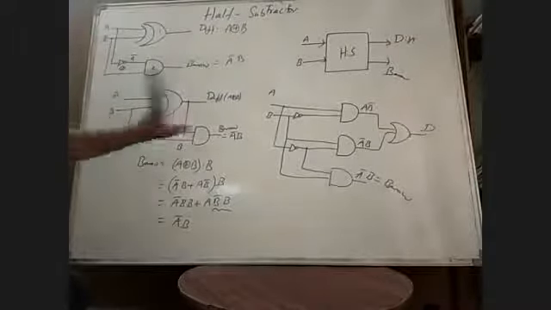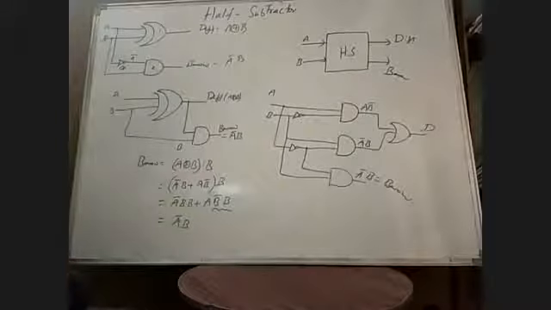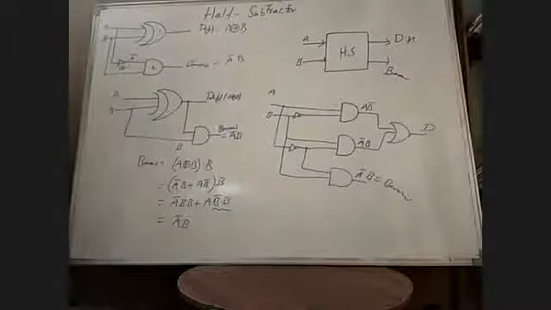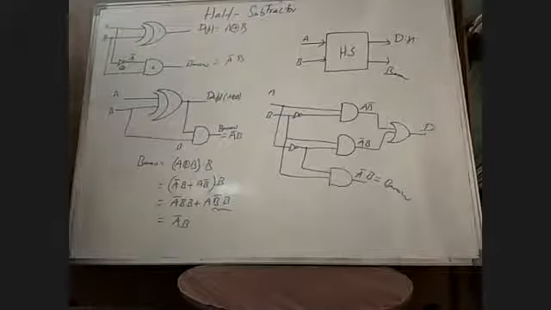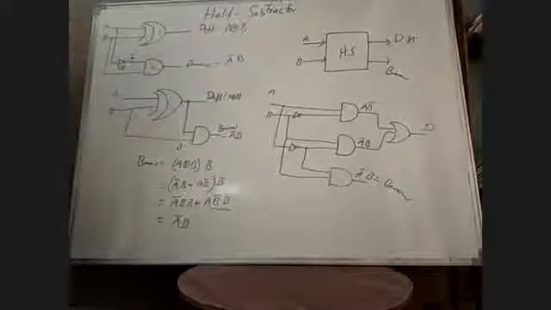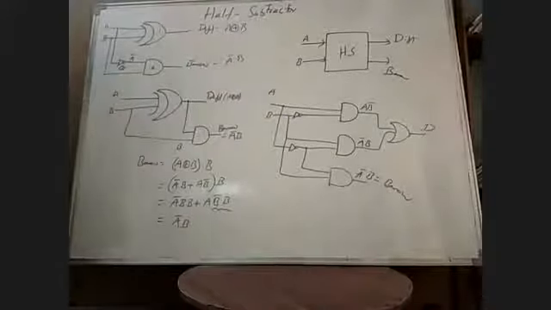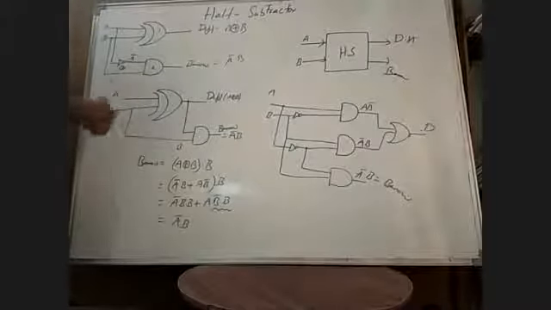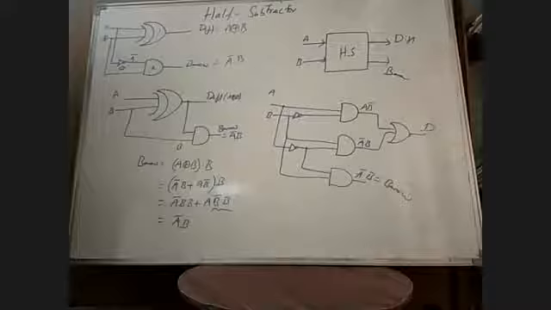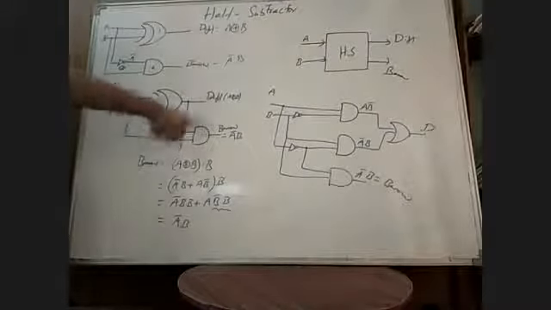You can design it like this also. You have to note this also. Half subtractor, the difference output and borrow output. Generally it is asked for 2 marks, 1 mark or 2 marks. What is the circuit diagram for difference and borrow using XOR gate and AND gate? If they ask to draw without using an inverter, we have to draw like this.